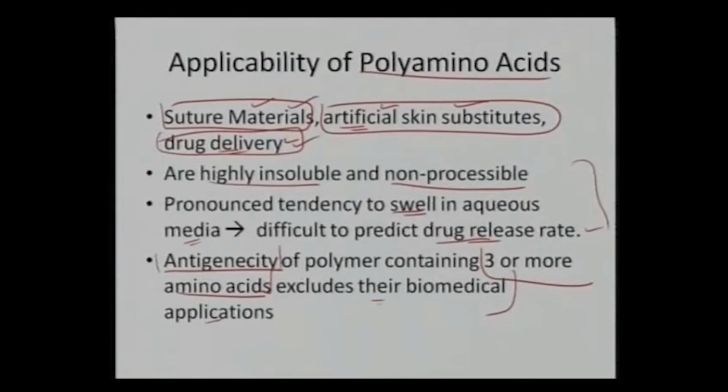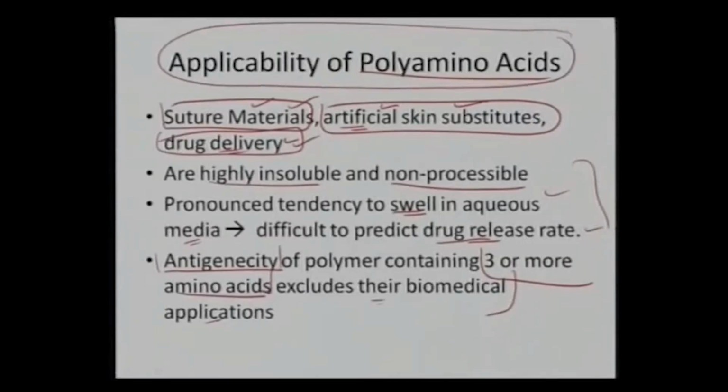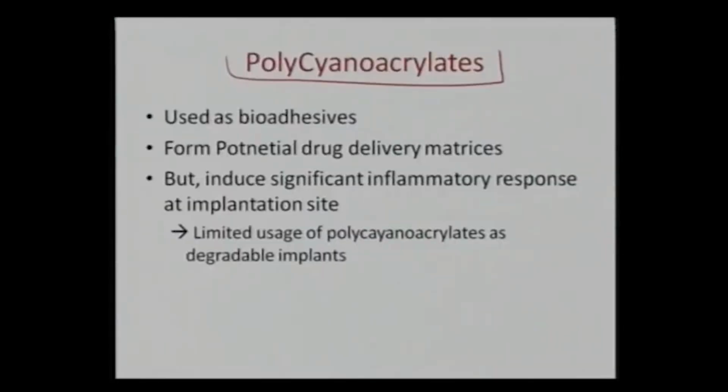Again, they don't have any controlled drug release rate because they tend to swell, and once they are swollen, it becomes hard to predict the overall degradation rate, and that limits the predictability in terms of characterizing or quantifying the overall drug release into the body. And again, their insolubility and non-processability have limited the overall application of polyamino acids as biodegradable polymers. The next class of biodegradable polymers is the polycyanoacrylates, and they have been utilized as bioadhesives,